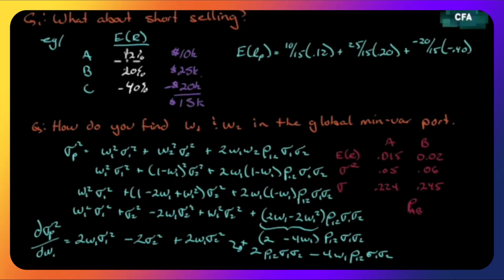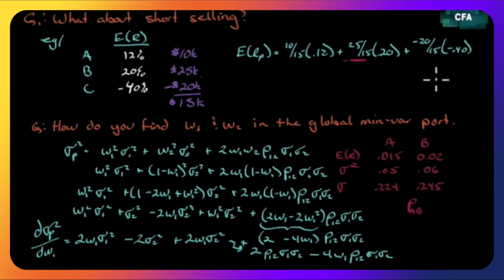So we would weight each of these by their percentage of the 15. The first weighting is 10 over 15, because it's 10,000, times the return, 0.12, plus the next one is 25 over 15. We can see there's leverage here now, times 0.2, which is the return on the second, plus here we have a negative weighting, negative 20 over 15 times its return, which is negative 40. And since we're short a negative return, a negative times a negative is a positive. That would imply that we would make money in this particular case.